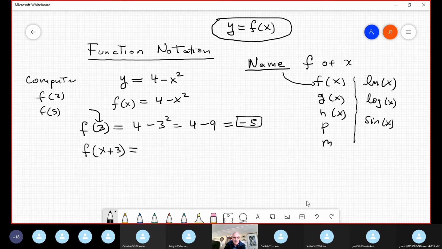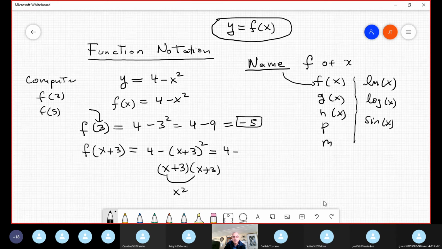Now, in this case, a combination of variable and number. How do you solve the problem? Well, exactly the same. You copy 4 minus (x plus 3) squared. You can leave it like that. However, much better, more elegant, is to expand that part. So you FOIL this, x plus 3 times itself